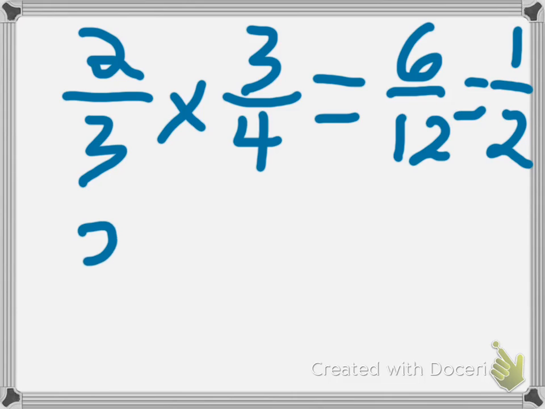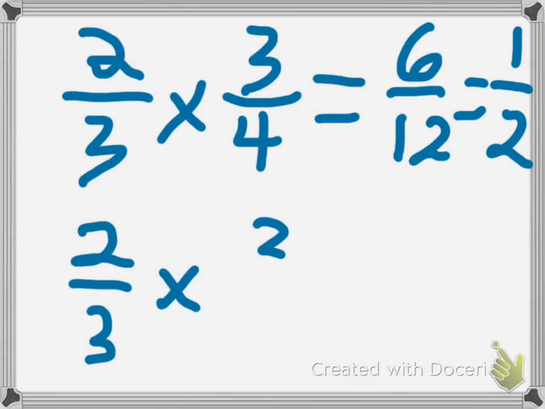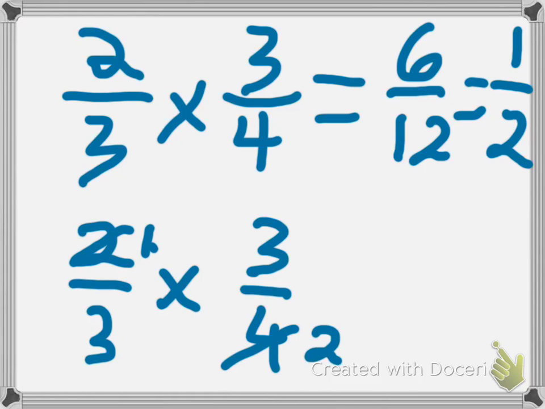Now, I can also simplify that multiplication before I actually do my multiplying, so I don't have to simplify at the end. So if I look at 2 and 4, they have a common factor of 2. So I can cross off the 2, make that a 1, and cross off the 4 and make that a 2, because 4 divided by 2 equals 2. And then 3 and 3 also have a common factor, which is 3. So I can replace those 3's with 1's, and then now I can go back to that traditional algorithm, multiply across,